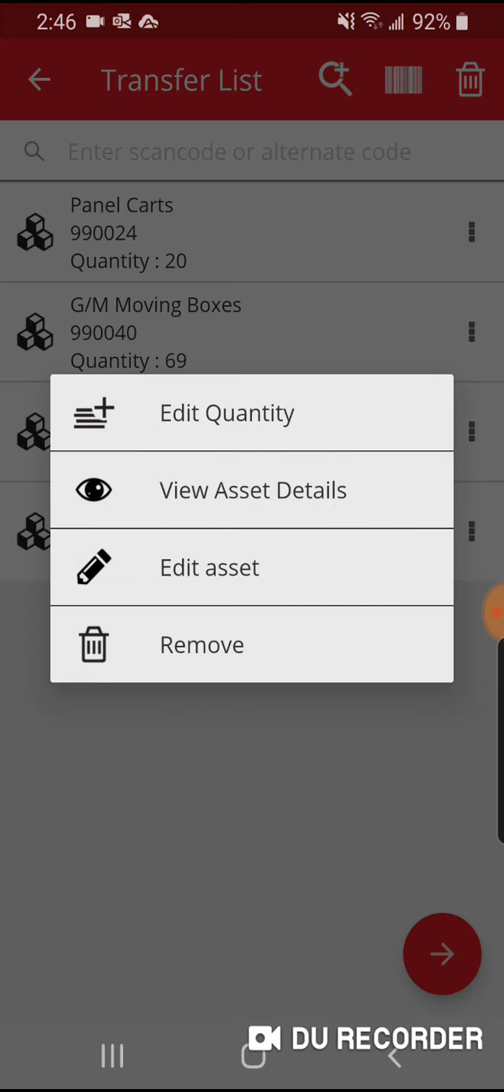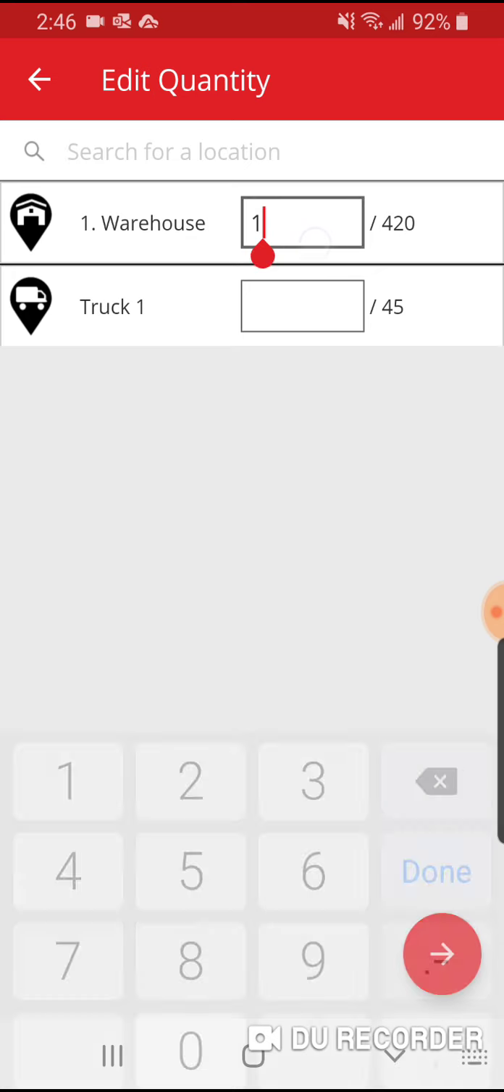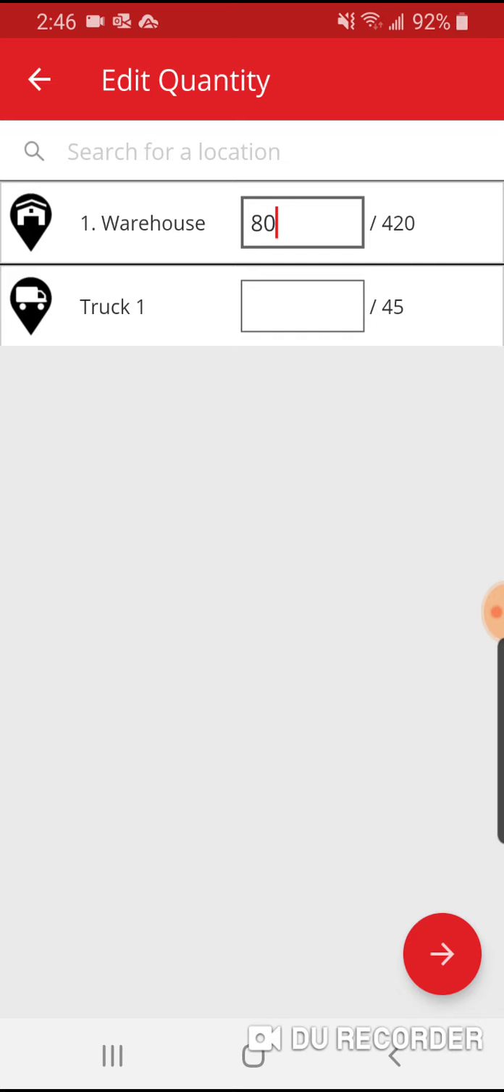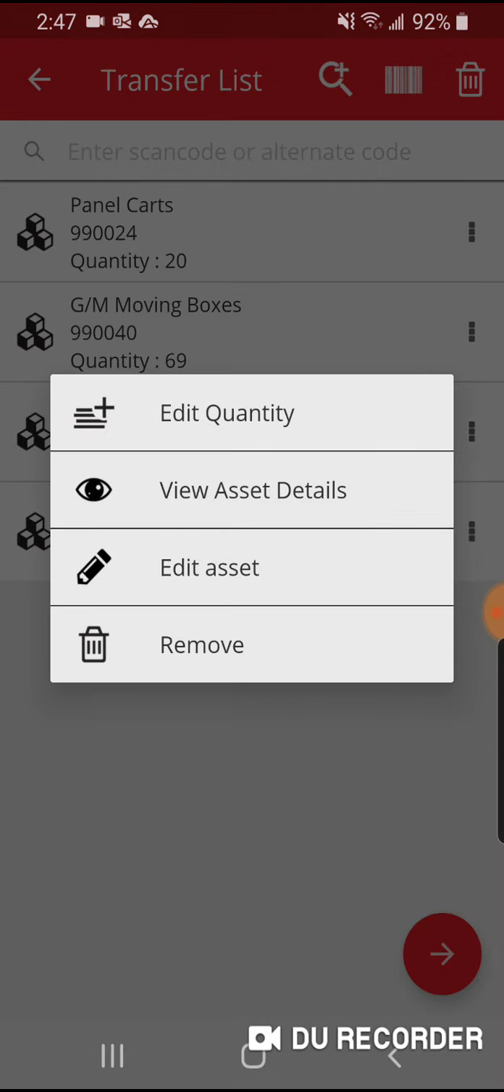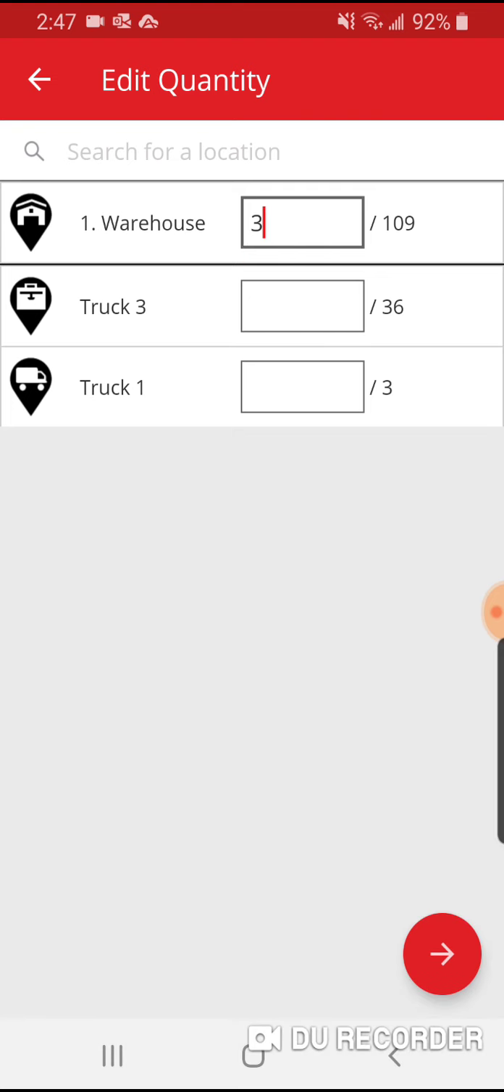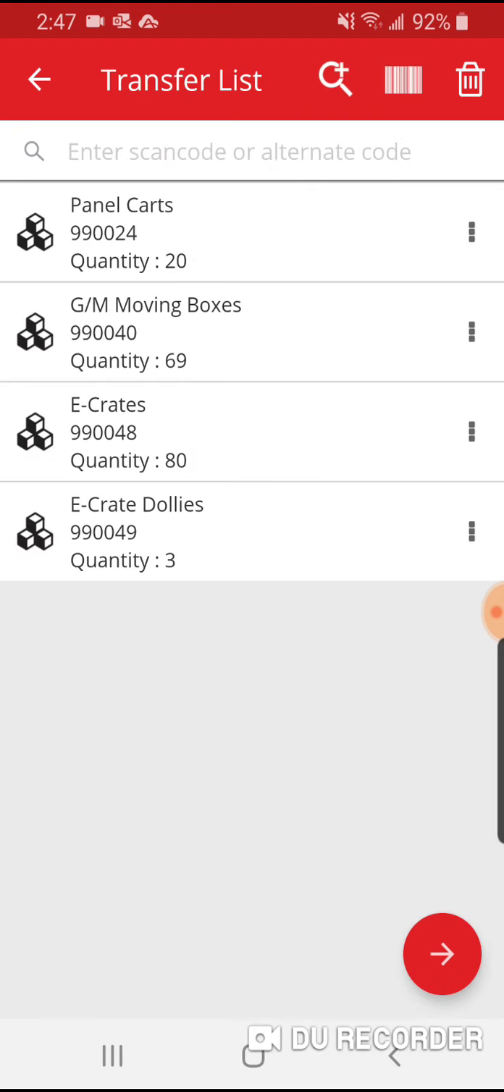And I'm just going to go through quickly and modify the quantities. And this can be done on the phone or, like I said, in a different capacity on the desktop version. And finally, the dollies, we'll just say 3. If these were simply assets, I would still be scanning. If I wanted to take 69 moving boxes out, I would still be scanning with my phone. Scan, 69 separate scans to get those moving boxes over. Whereas if your warehouse manager knows we've taken 69 moving boxes, then it's just a quick change of the number,